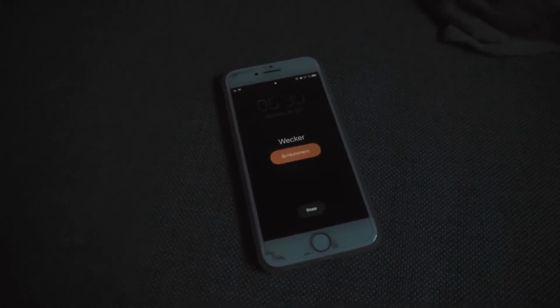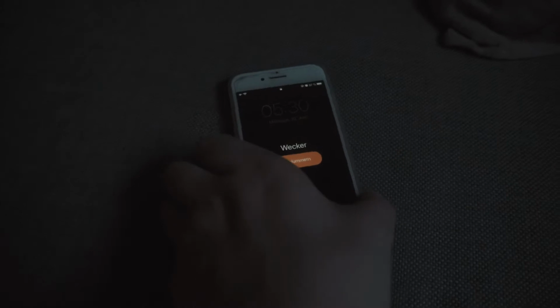I'm an early riser in principle, but when I know that I have to study, I really pay attention to getting up early. The reason for this is that I'm much more receptive in the morning and can concentrate much better. I also don't get into any time pressure. I have enough time to do my homework and my tasks throughout the day